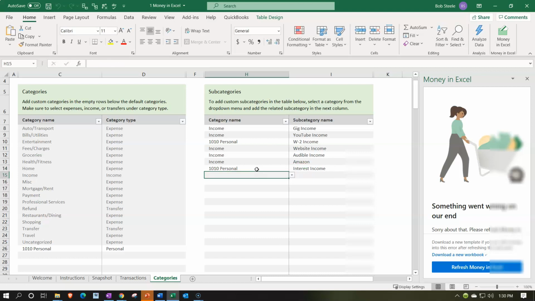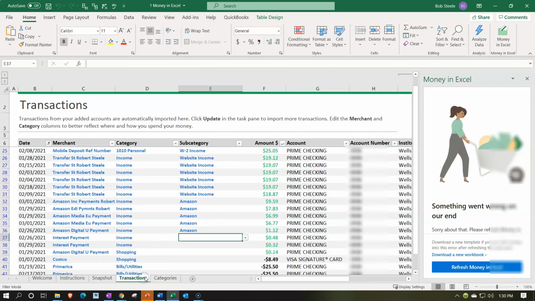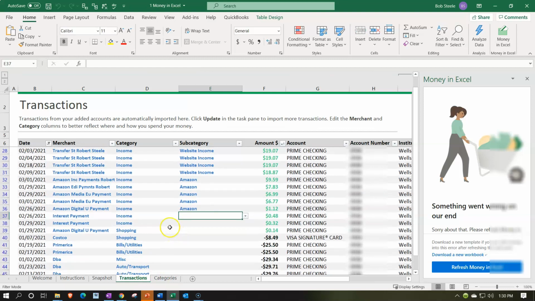The reason I would say that might be personal is because I'll probably get a 1099 from the bank, so I don't want to include it on my Schedule C if I'm doing this for taxes, because I'll probably include it on the Schedule B or interest income on the 1040. So I'm going to say that's going to be income. I'll say this is personal,